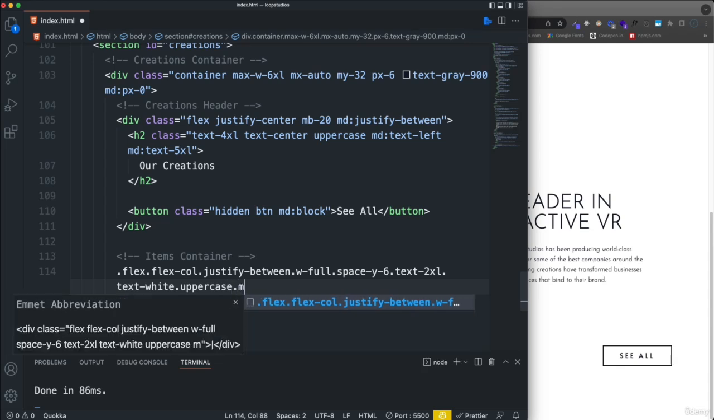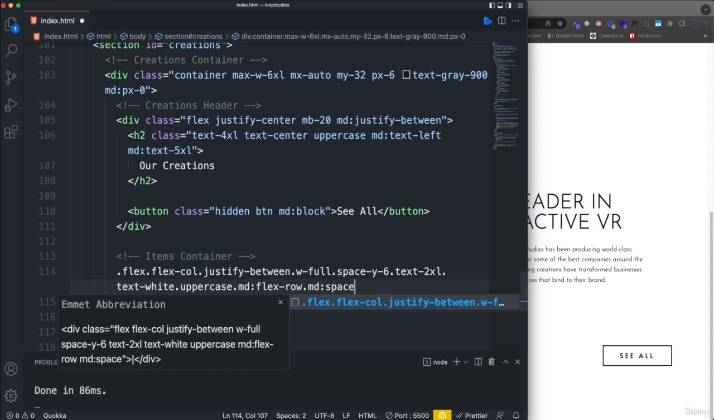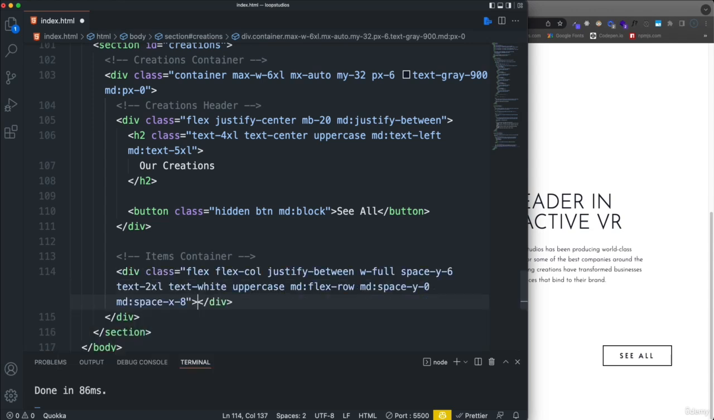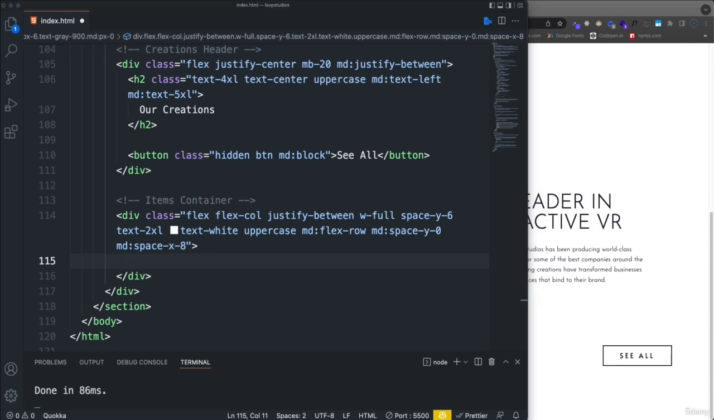And then on medium screens, we want it to be flex-row. And on medium screens, we want to then remove the space on the Y axis between the items. So set that to 0. And we want to add space on the X, so space-x, and we'll do 8. Okay, so that's the items container. Now, as far as the individual items go, we're going to have a